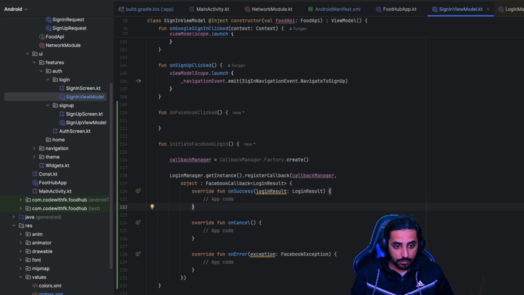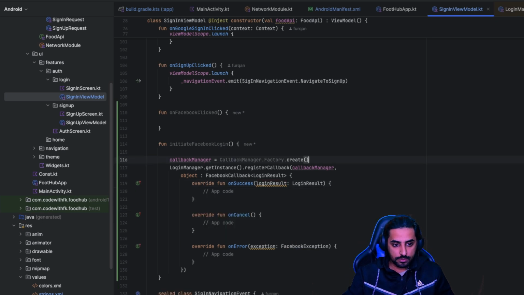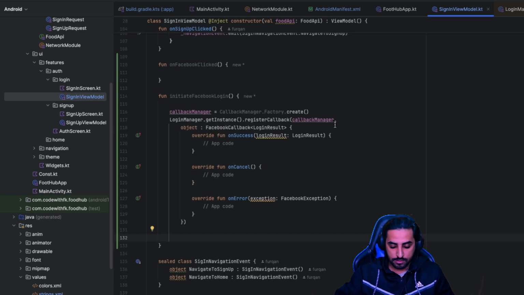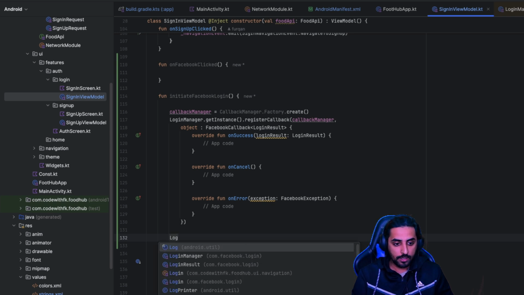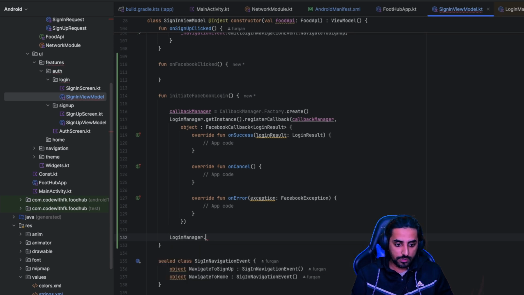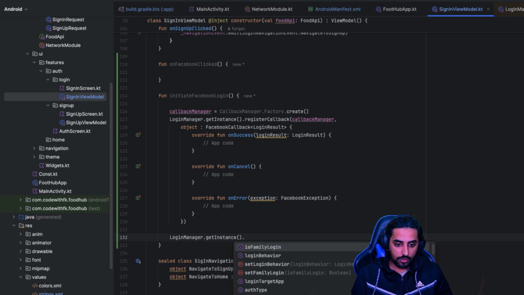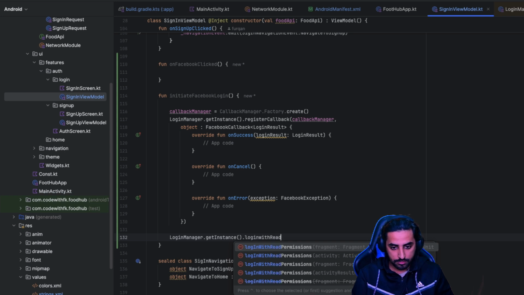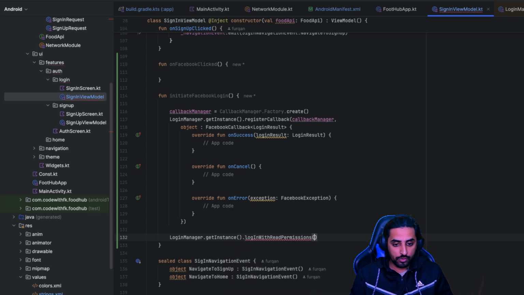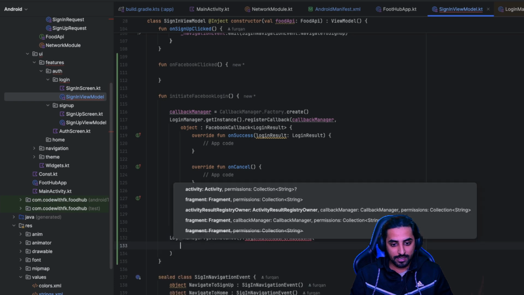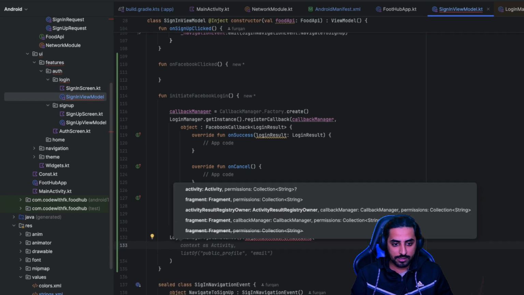Okay, so now this callback stuff is done. You have the registration and all these things are done. The next thing that you need to do is initiate the login. So for that, what we are gonna do is you'll see get login, and then login with read permission. So basically this is important. You need to make sure that you are passing a read permission to this, and then inside that, the first